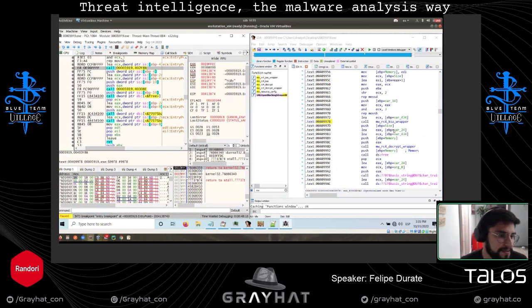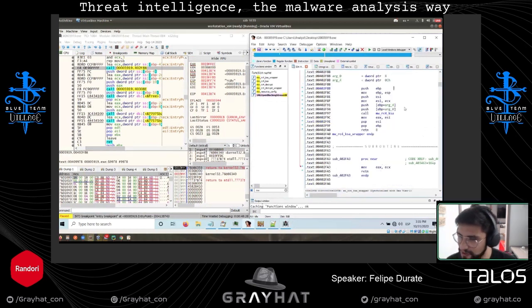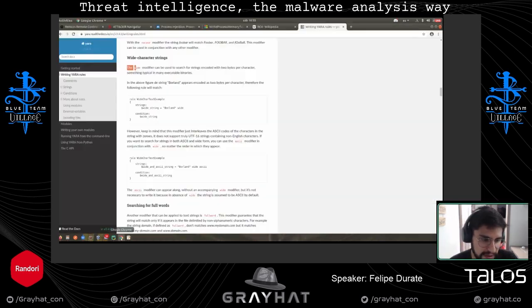And here, I know that this function over here is the RC4 key wrapper. We know that the key algorithm of RC4 only does the initialization. However, just for the sake of curiosity, I'm very curious about these two arguments. Why?